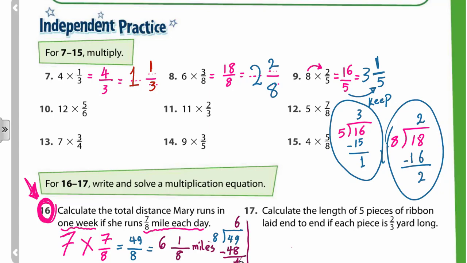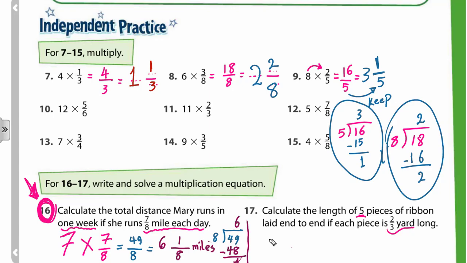Ibrahim Osama, go ahead. Calculate the length of 5 pieces of ribbon laid end to end if each piece is 2/3 yard long. So we need 5 pieces. Each piece is 2/3 yard. Excellent. So we need to use